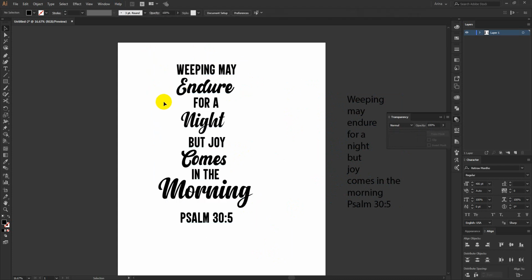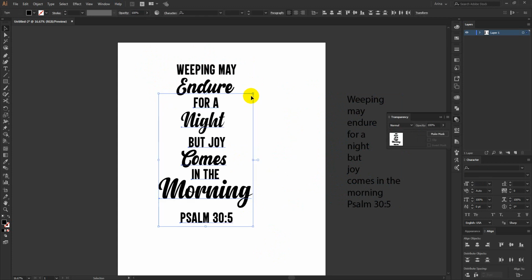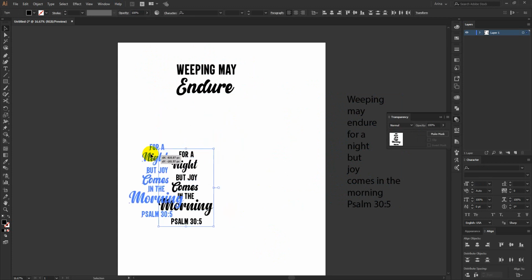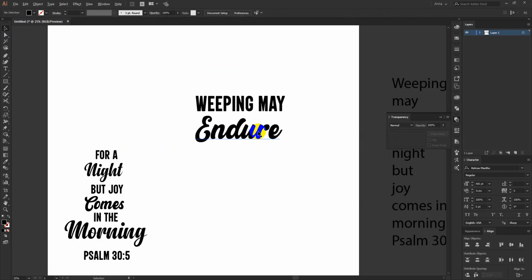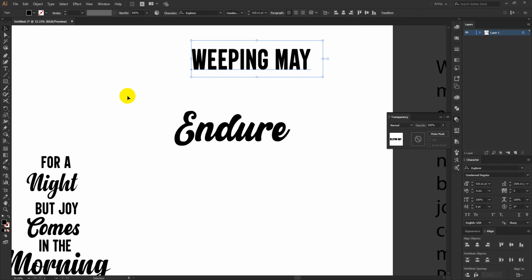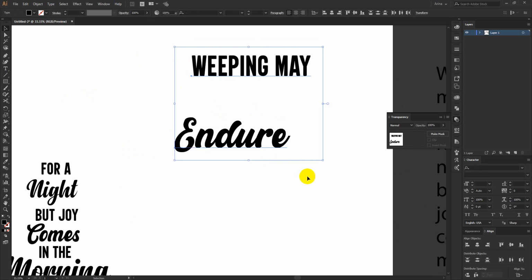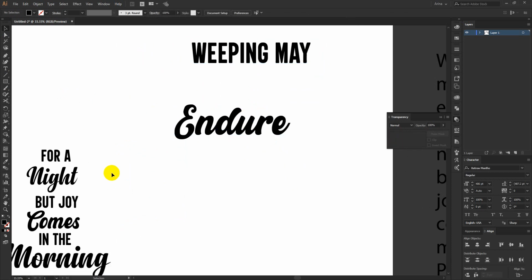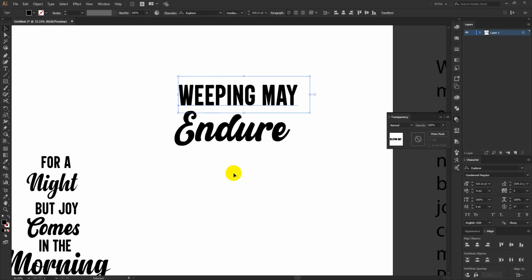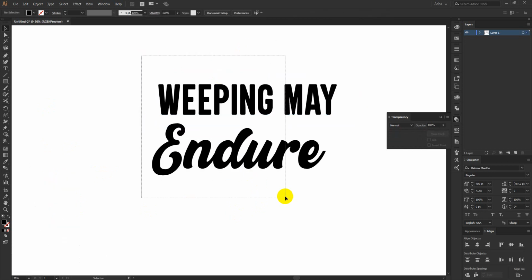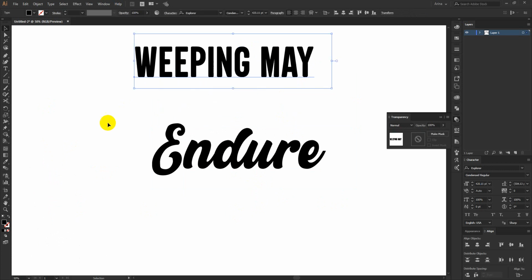Now for this kind of design, we can simply use many text options. Like we have some custom shapes here: rectangle, rounded rectangle, ellipse, polygon. If we just simply use them, we can make awesome designs from only text. We don't need to use any kind of external vectors. Like this one here, I am going to place it in the order as it is. So this is a text, I am going to place this text here. Now I can simply place it as it is, or I can use my creativity to make something and then